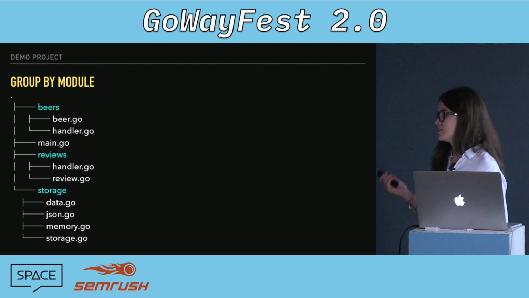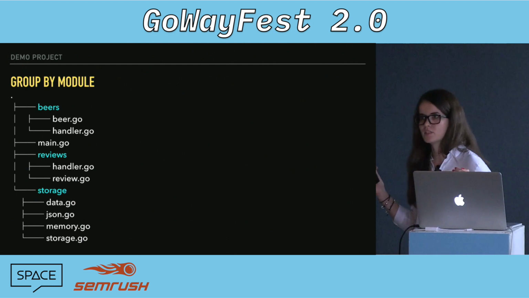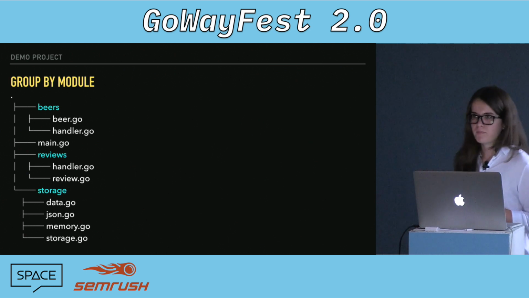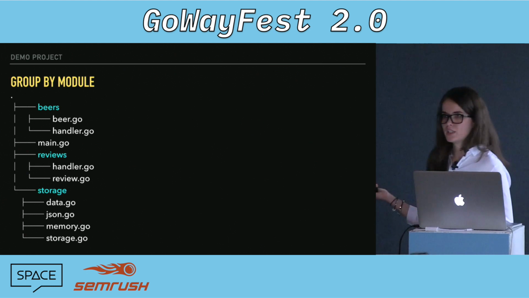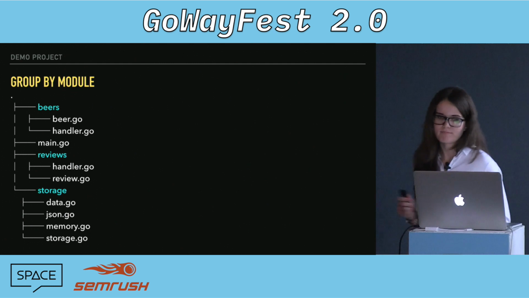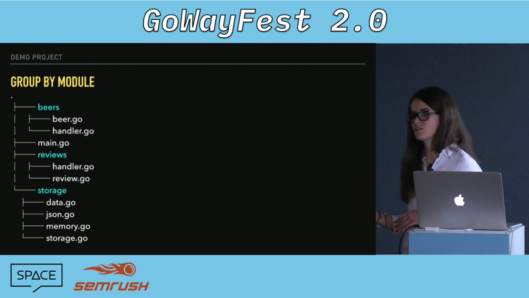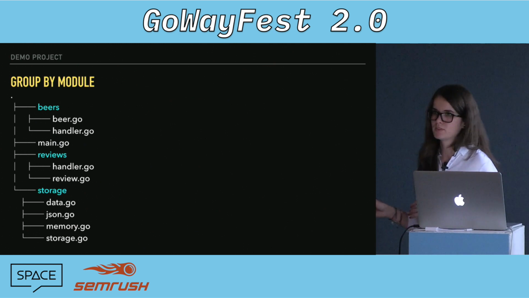It's kind of hard to decide where the barrier, where the sort of limits of one package are, because do reviews, should they be in their own package or should they be in the beers package because they are beer reviews? So they're like a sub-package of beer. Naming is worse because you've got beers.beer now. So you've got stutter, not ideal. And this also still won't compile because you've got the exact same circular dependency, just slightly moved around.